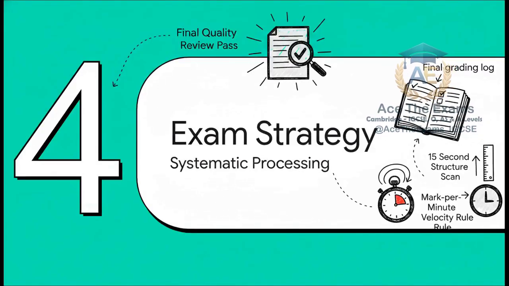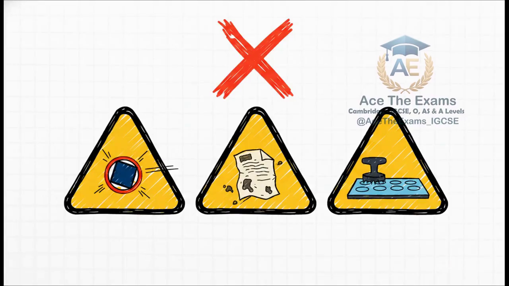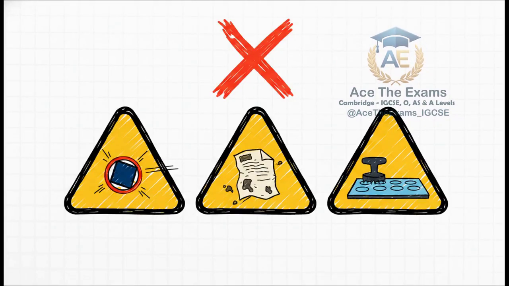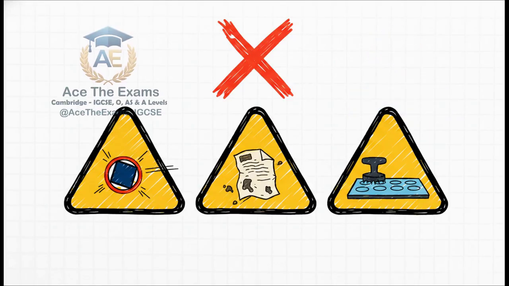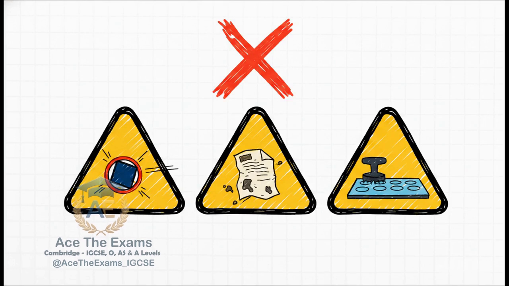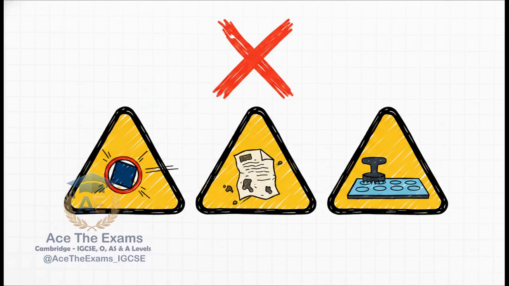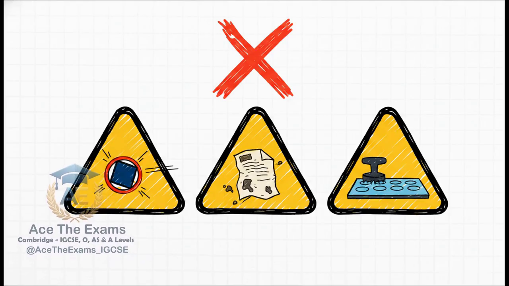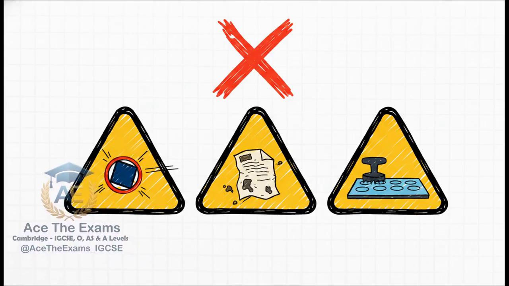Section 4. The final marking strategy. Let's open the grading log. To consolidate everything, let's look at the definitive rules for passing this specific syllabus topic. These are the top 3 most penalized mistakes pulled directly from the principal examiner reports. Warning number 1, using the wrong approach for the context. This happens when a candidate tries to forcefully apply a complex economic theory to a question that is purely asking about the social realities of post-war rebuilding.